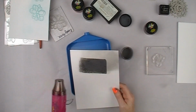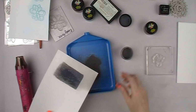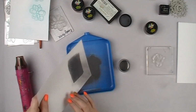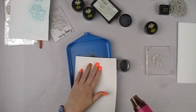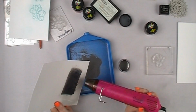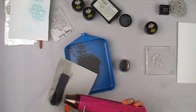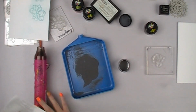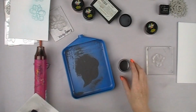You could achieve the same thick coating of embossing powder on the cardstock by pouring dry embossing powder quite a lot onto the card and heating it from underneath the card. Unfortunately, I can't demonstrate the technique in that fashion because of the height of my video camera. I can't get my heat gun underneath the card and keep the card horizontal, sorry, not vertical. The powder would fall off. Silly. Okay, so this is what I was trying to achieve, a nice coating of embossing powder